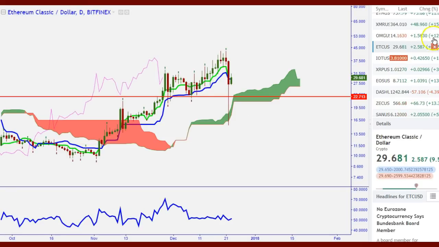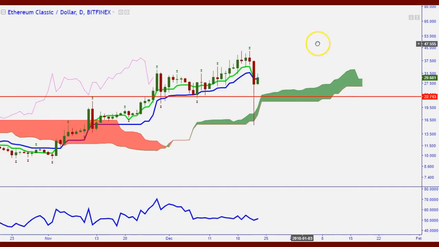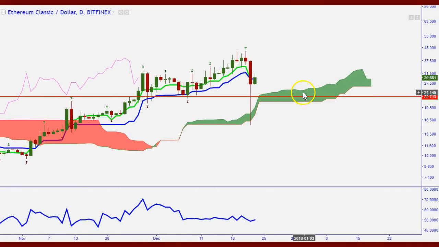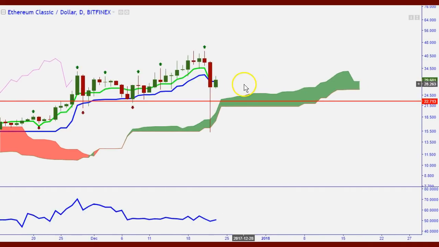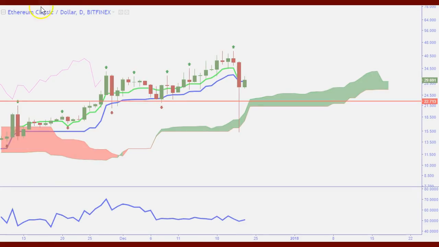I don't want to really just discuss stuff if there's nothing really to talk about, right? And here's Ethereum Classic. We're looking at the market pulling back to this support and resistance level here, basically. You had this level that you could look at. Now we broke and violated the Kijun-sen level and closed below it. So our bias had changed, and now the market is trying to close above it. This is a market where I really can't tell what's going to happen. It may drop back down to this level and be a range, and then we'll have our top. So it's kind of hard to look at that,